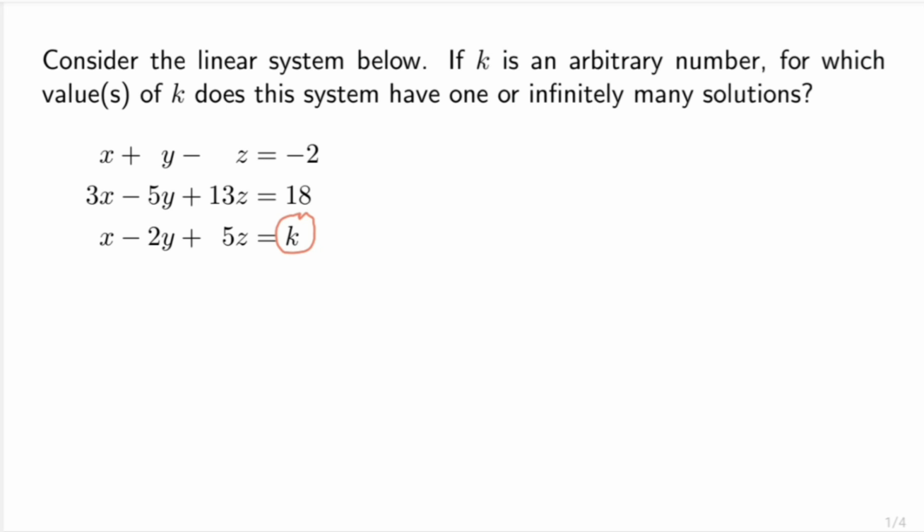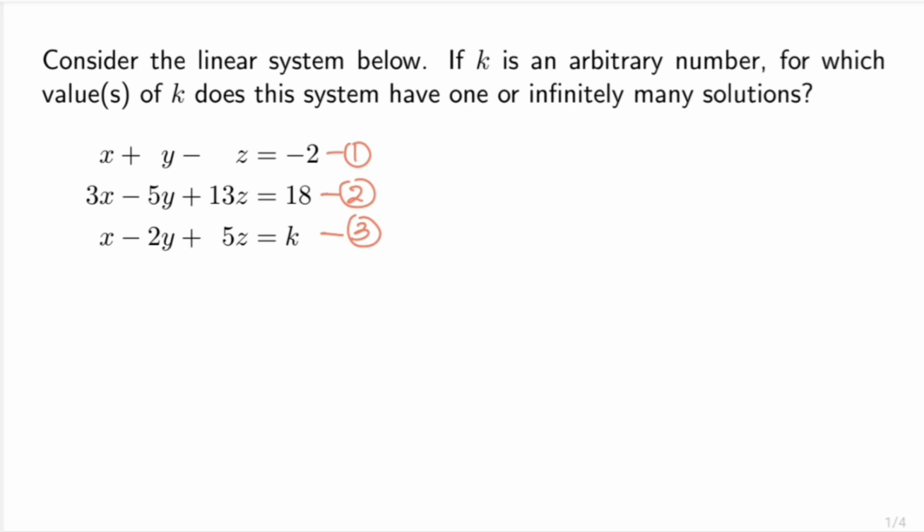And for some of the values that it takes, presumably we're going to have infinitely many solutions or not. So we have to investigate when it's going to have infinitely many solutions and when it's going to have one solution or any other permutation. So we can begin by elimination as usual. So if we label the equations as 1, 2, and 3, then we can try to eliminate x from equations